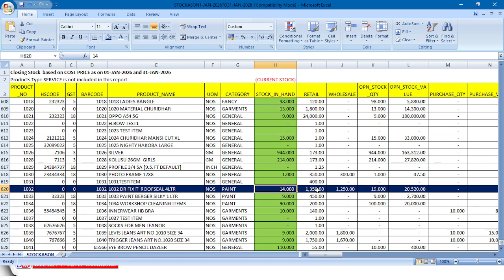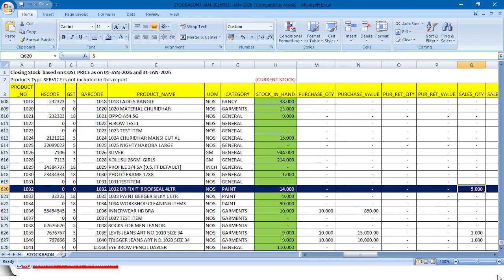The retail price is 1350, wholesale price is 1250. The opening stock was 19. It means on 1st January 2026, the opening stock was 19 and the value of the opening stock is